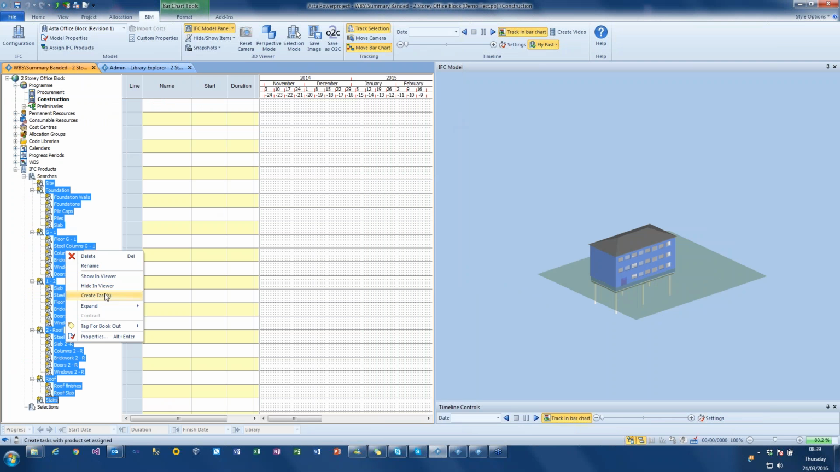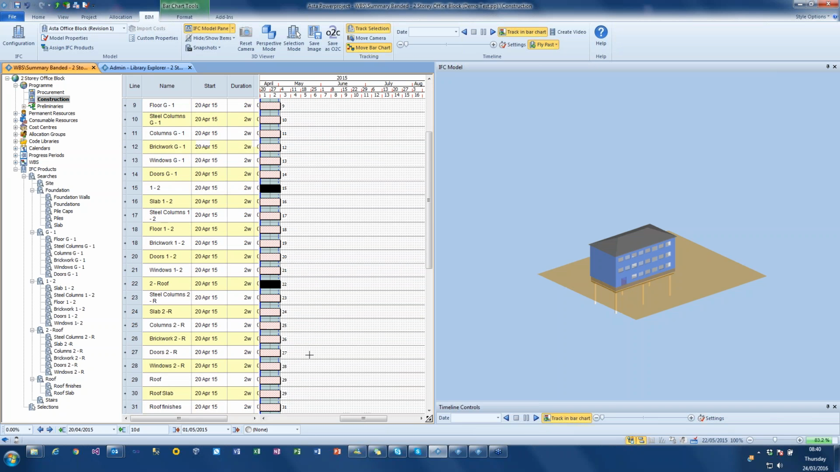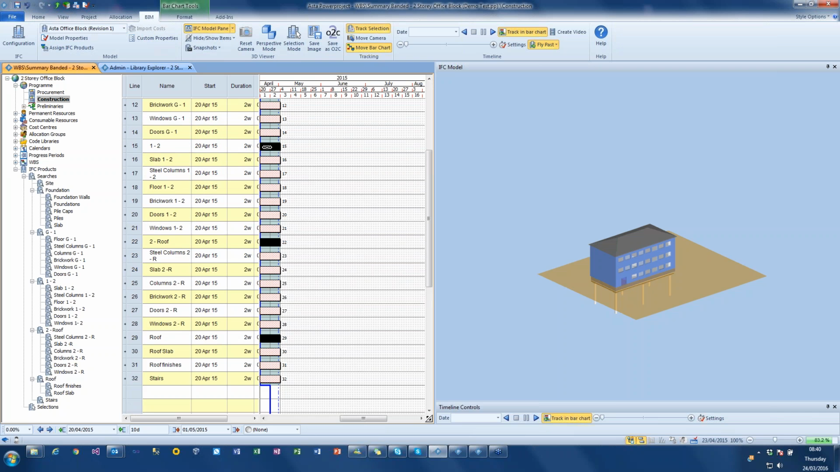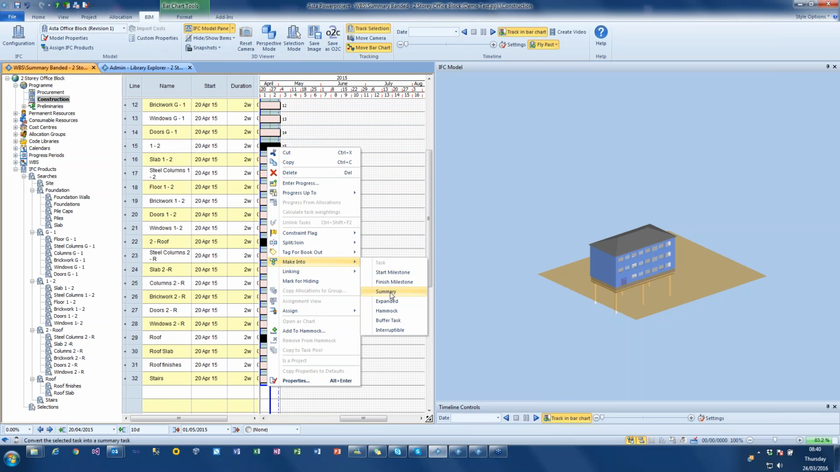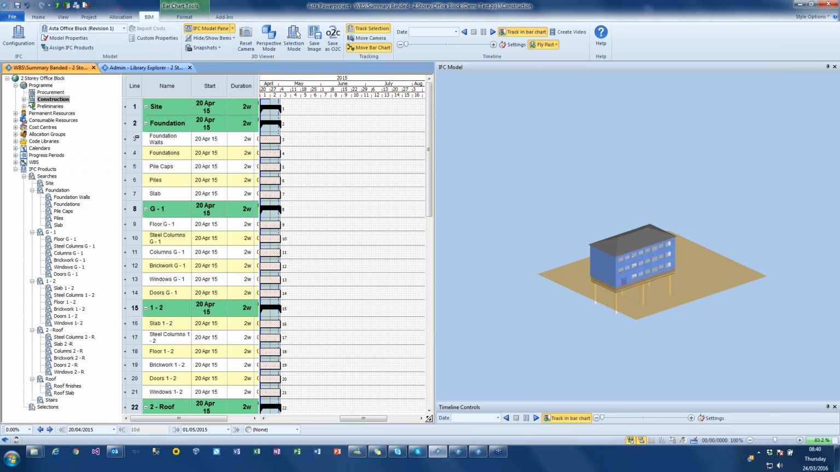if I wanted to, because I could drag these across, or if I have no tasks, I can say create tasks. So that creates a task for every one. I highlight that and say that one, 1 to 2 to roof, and then roof. If I highlight those and say that I want to make those into a summary in there, and then I might choose to